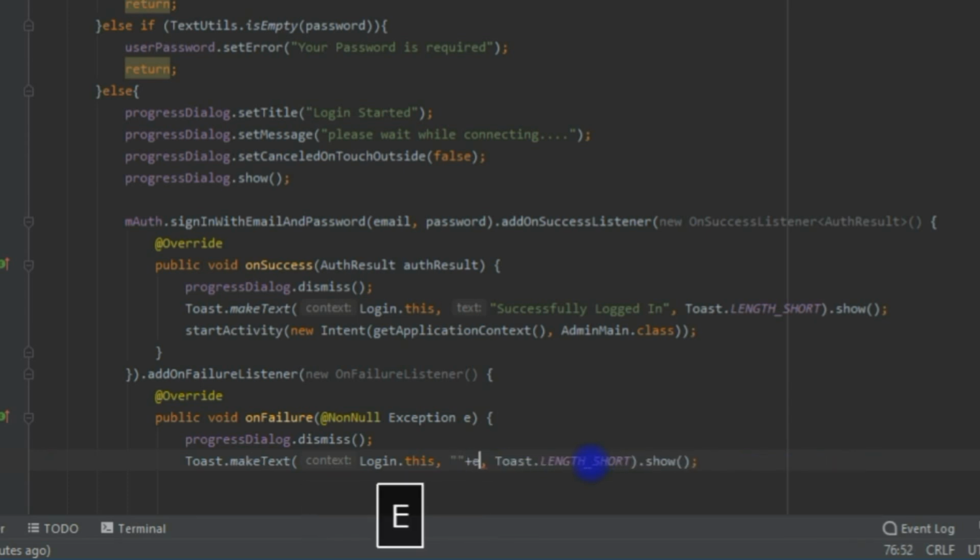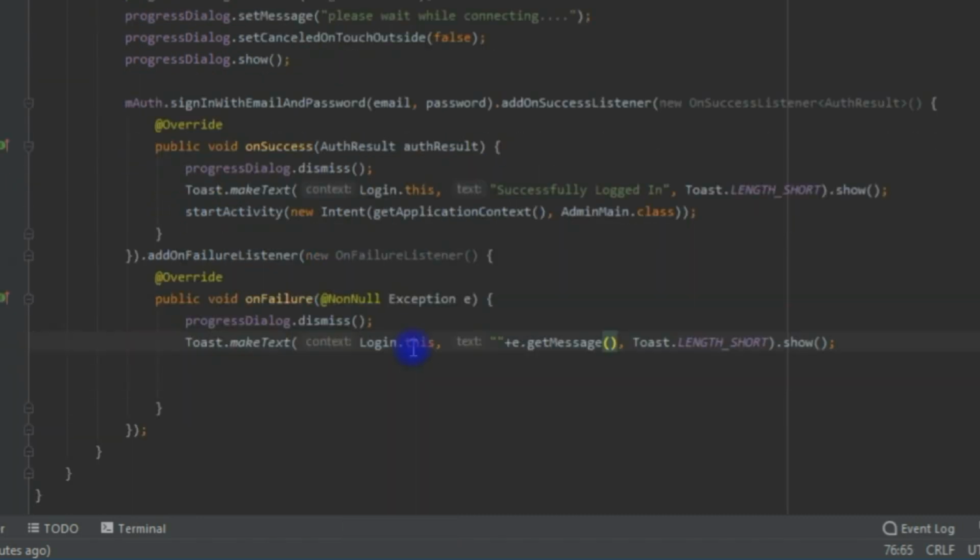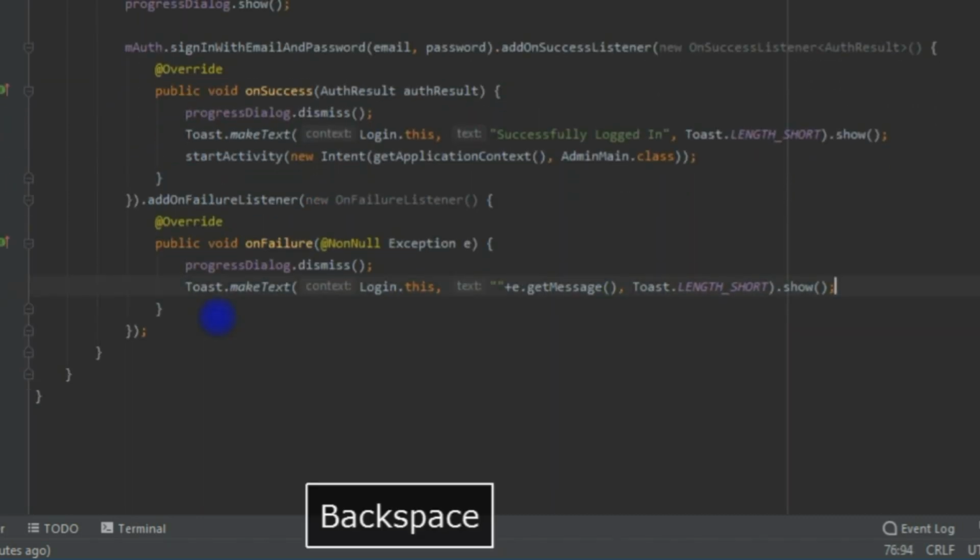Then we get a message. Okay, so now we are done with our, let me save the project. So we are done now. So what you want to do, we want to